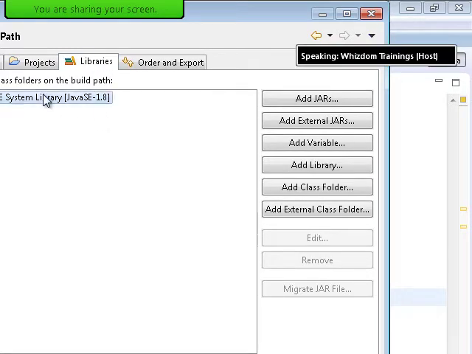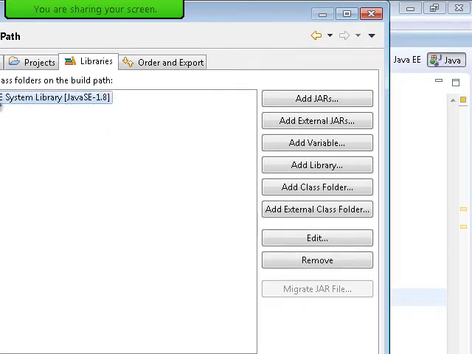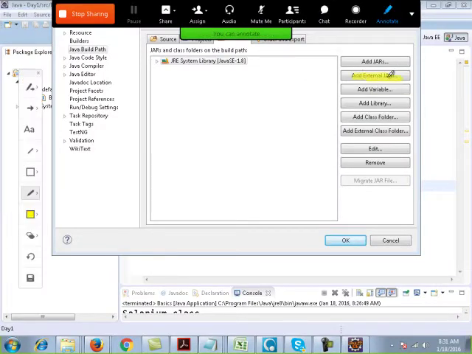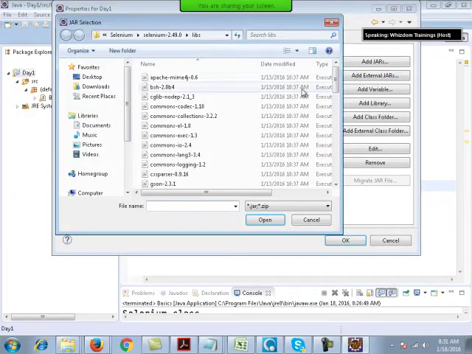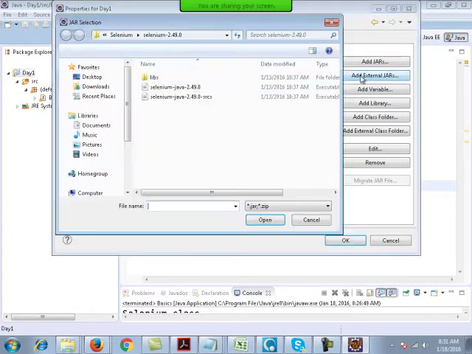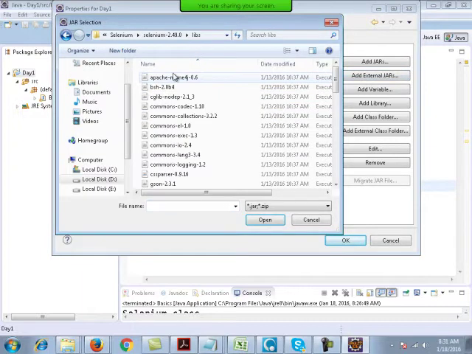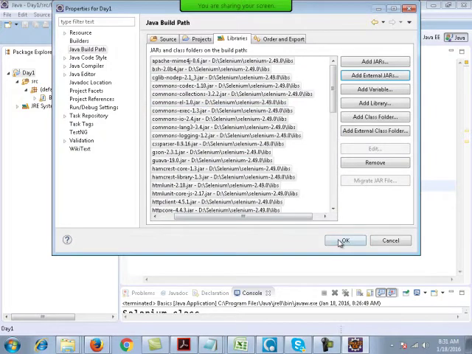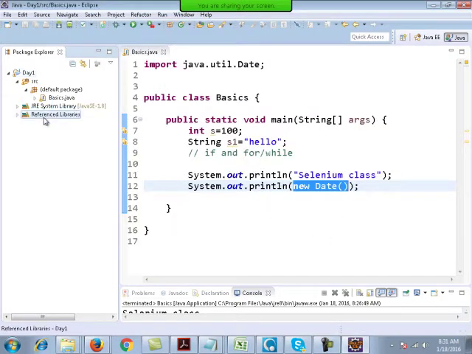You will see the JRE system library already present, and you can click on the button Add External JARs. Add the main jar, and also all the jars under lib. Don't forget the jars under lib. Click OK, and you will see this Referenced Libraries section generated.